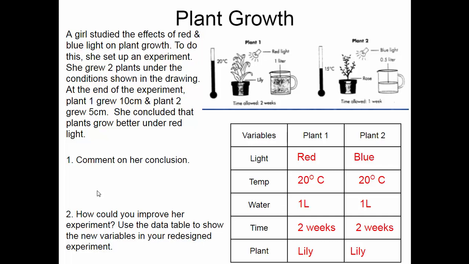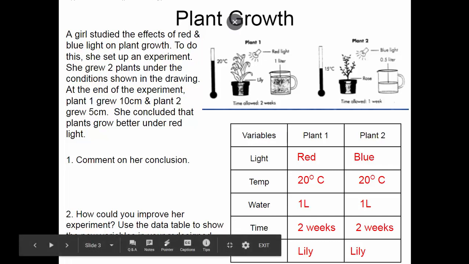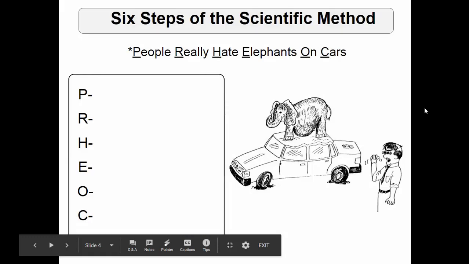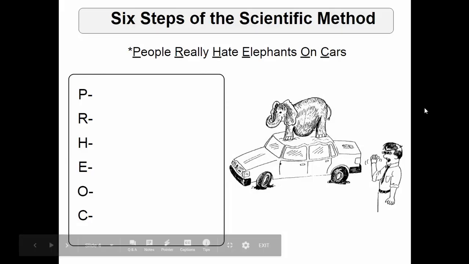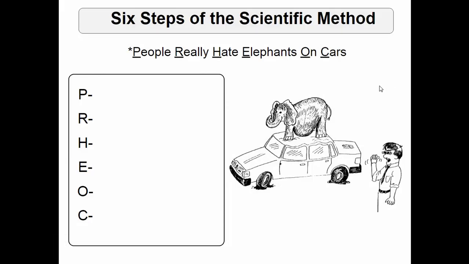All right, so you already know a lot about the scientific method, obviously. You know that you have to control most of the variables. You want only one thing to be different when you are setting up a good experiment. And that's what we're going to be talking about for the next couple days. Okay? How do we set up experiments? What are the steps we follow?